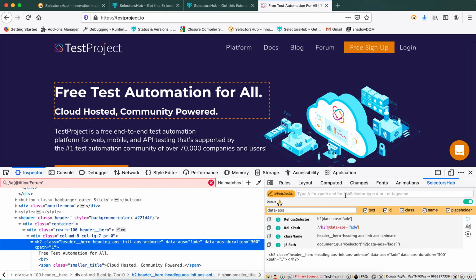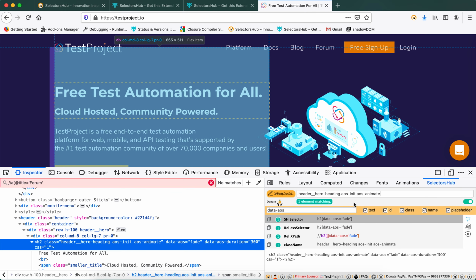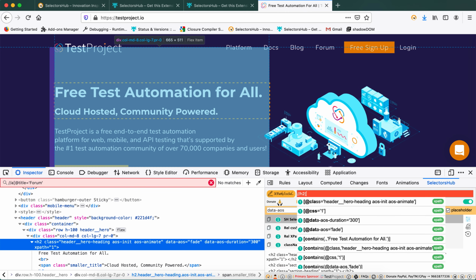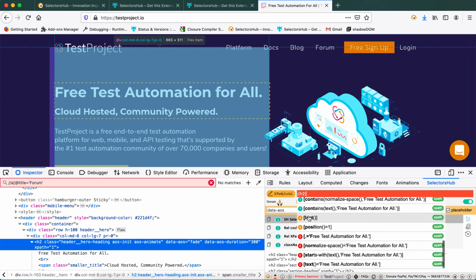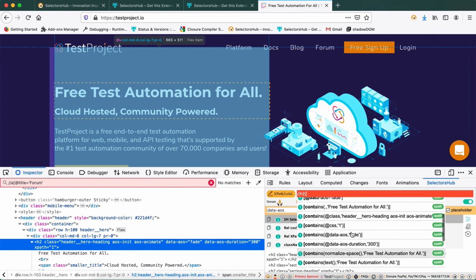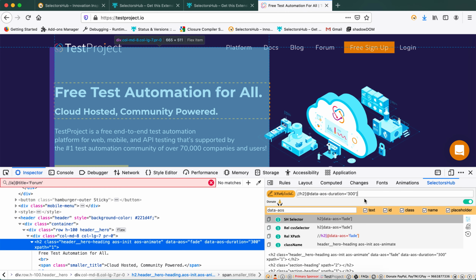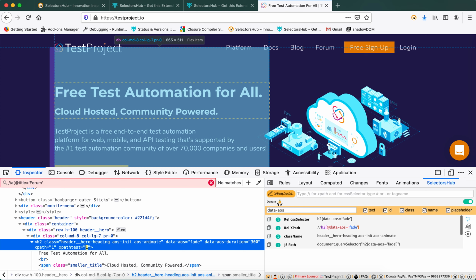And at any point of time, if you want to build your own, you just build it on your own from here. And if you feel that something else is possible that Selectors Hub is not giving, you can always check why this is not giving with normalize-space, because the matching occurrences are 0, that's why it's not generating with that value. So all those doubts will also be clear at any point of time. For any element you feel is not generating the correct one, you can check by building your own here. That's really simple and makes life really easy.